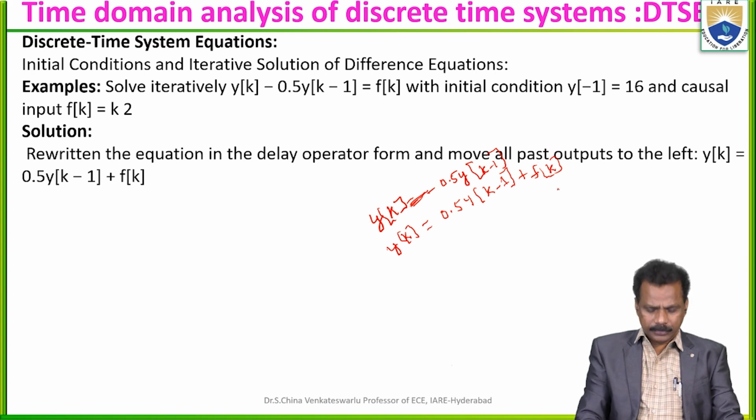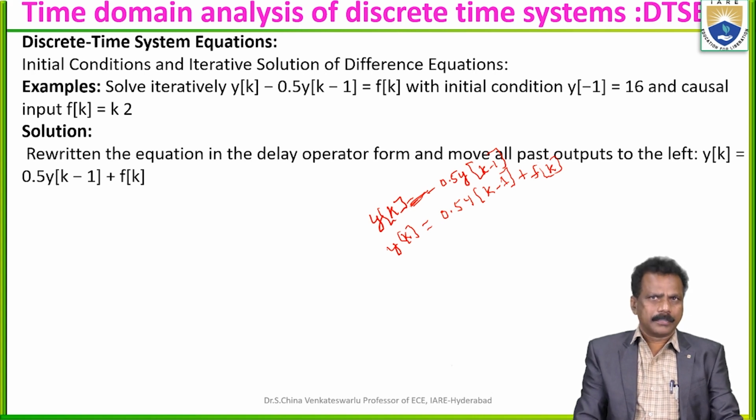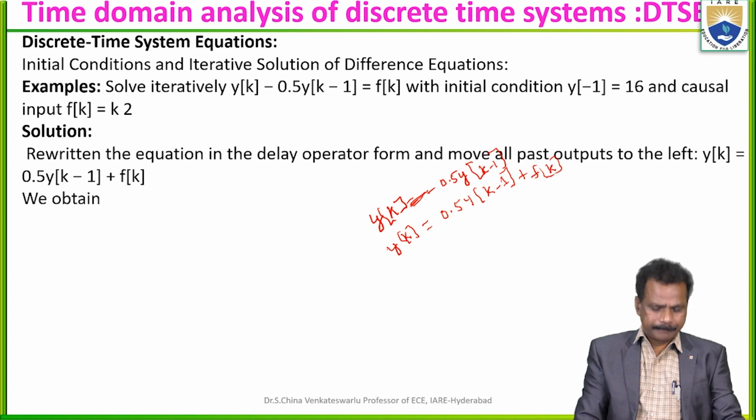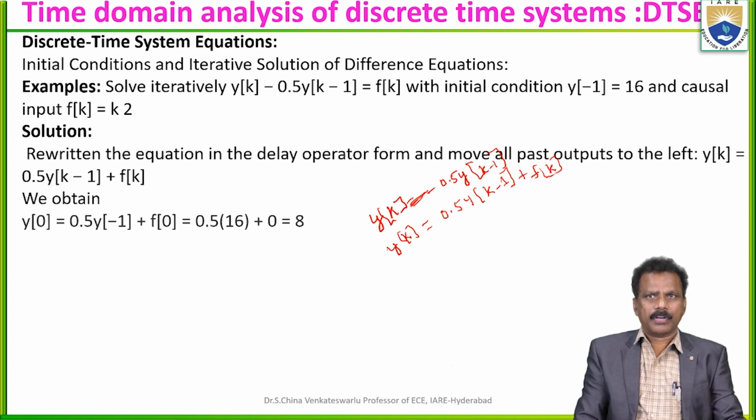Here y of k minus 1 is the given iterative value. So this is the rewritten given equation in the delay operator form, with all the past output moved to the left. So we obtain, with reference to this equation,